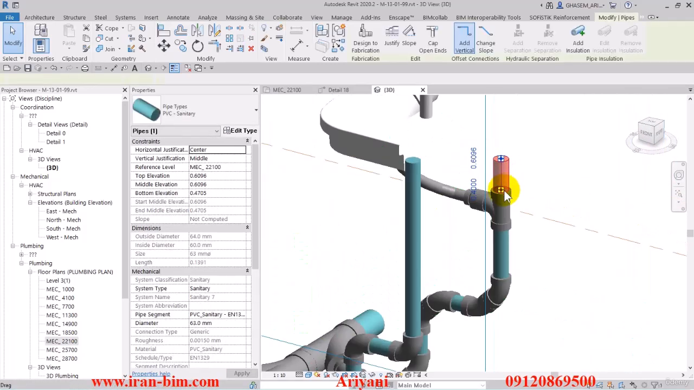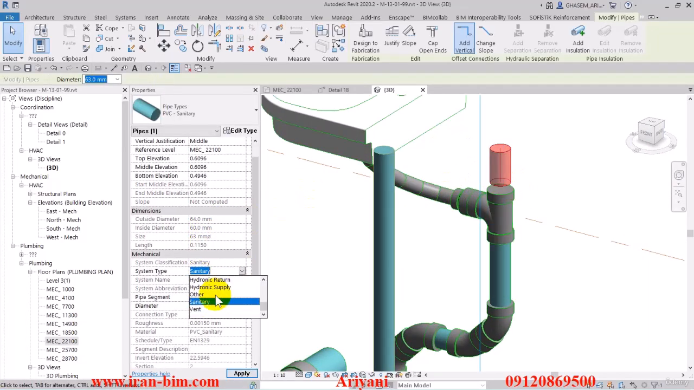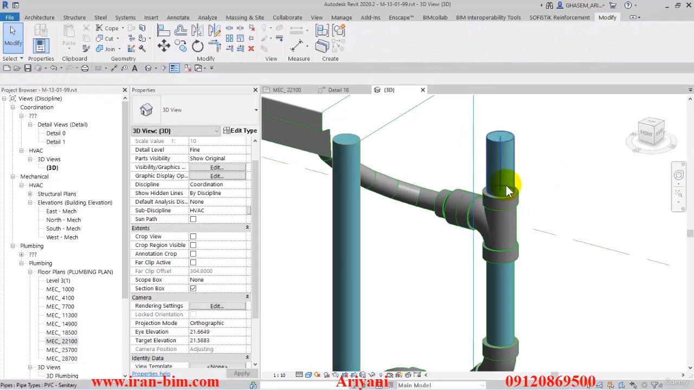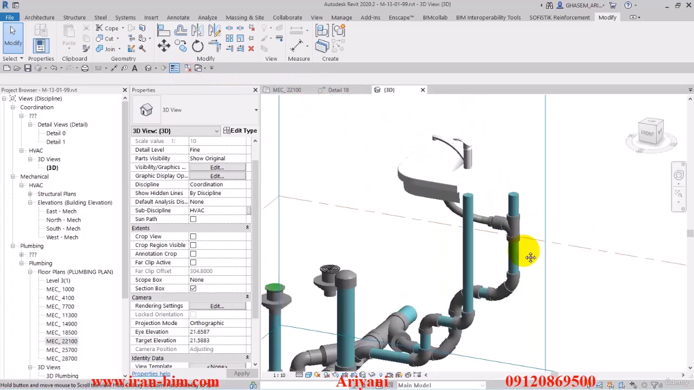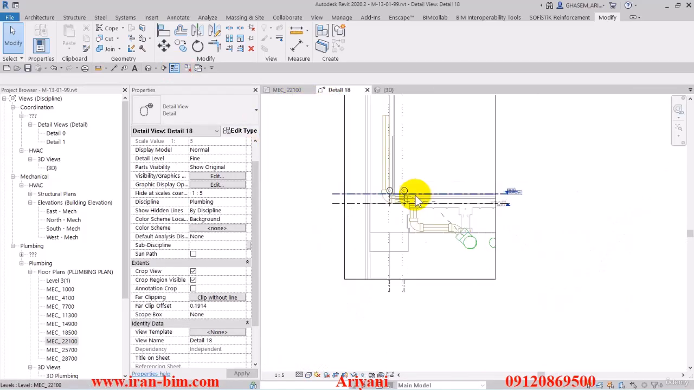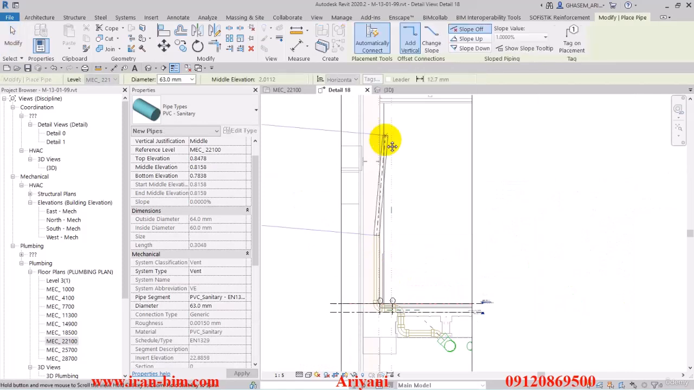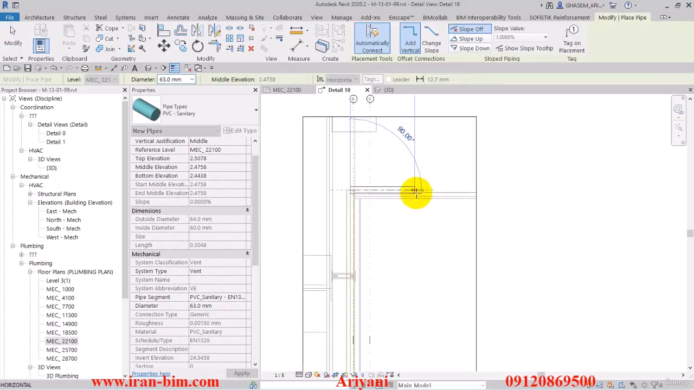So after doing that, you can see we have the vent pipe upstairs, which we have to create. So we can select this and disconnect it from the system, and then put it under the vent system type. Then we'll reconnect it to the system, but we just have to make sure we use different colors for each part. Now after that, let's go back to the detail view, right click here and hit draw pipe, which goes